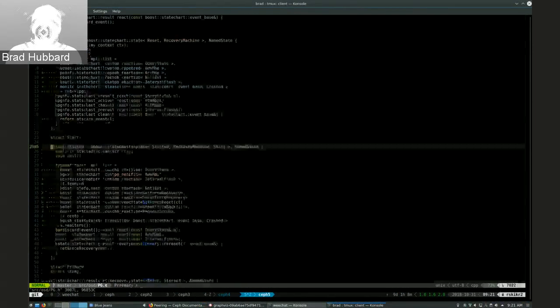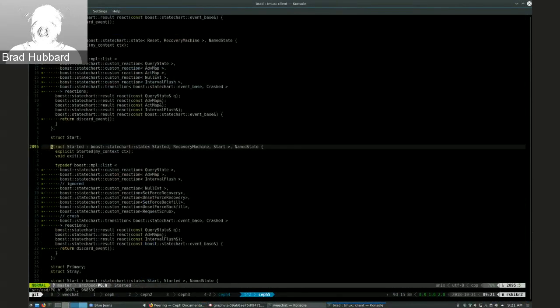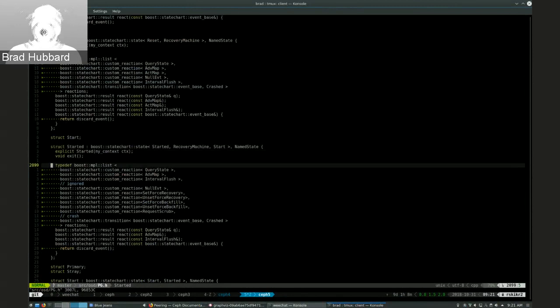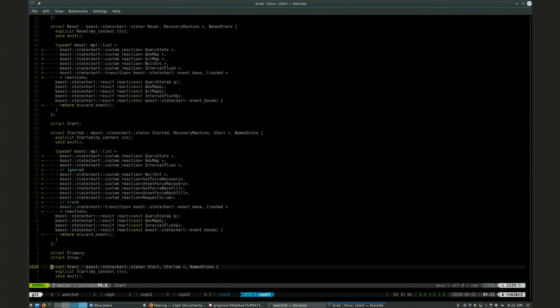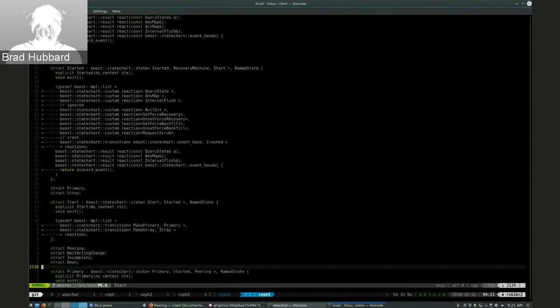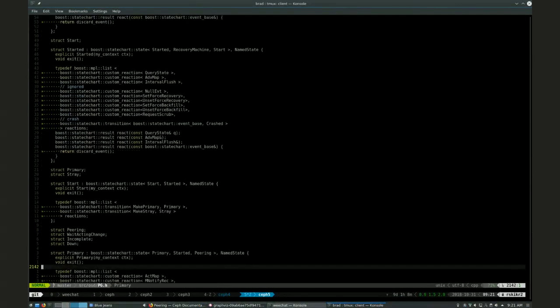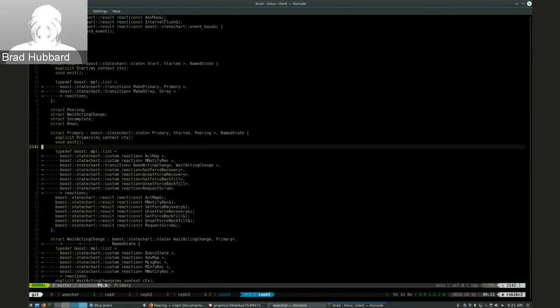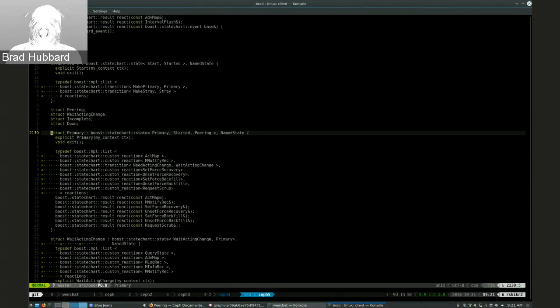Unfortunately, this involves a lot of flicking between the header and the implementation. So this is our primary state. Can see from this definition